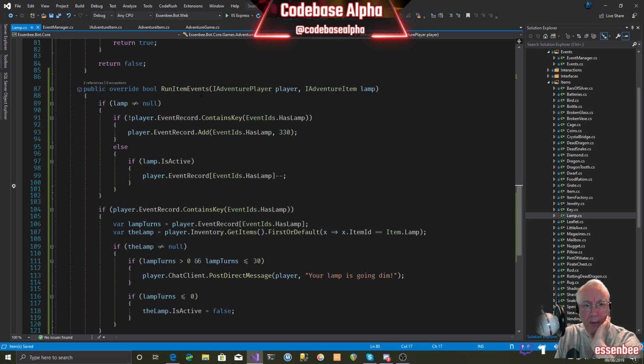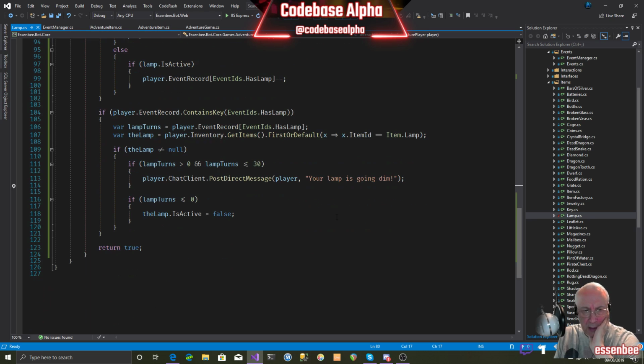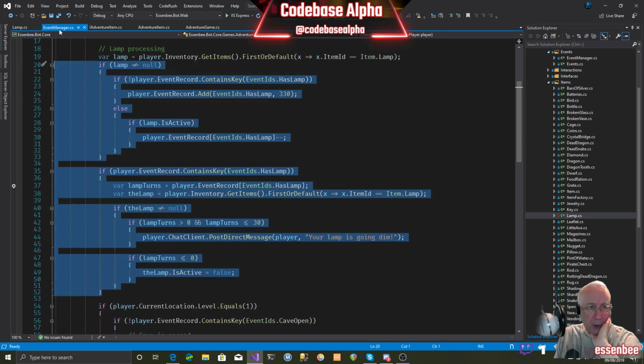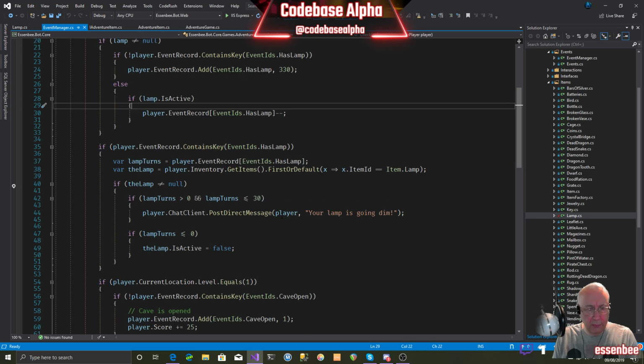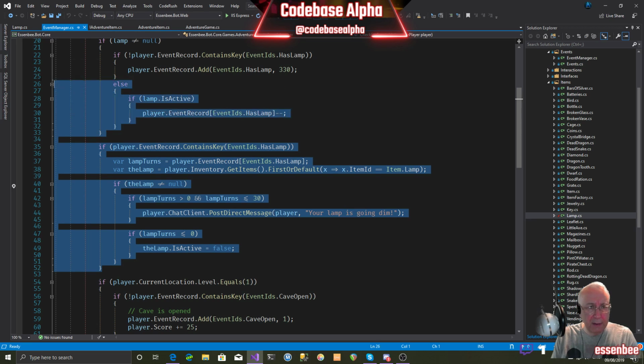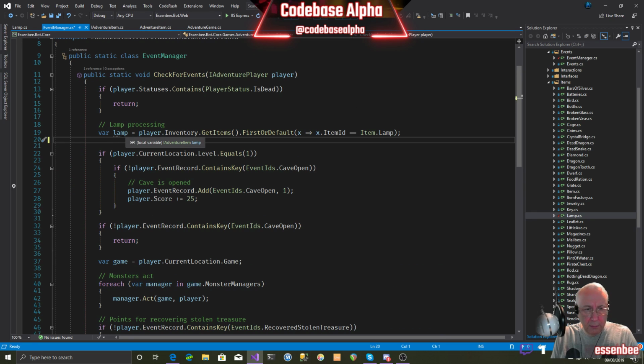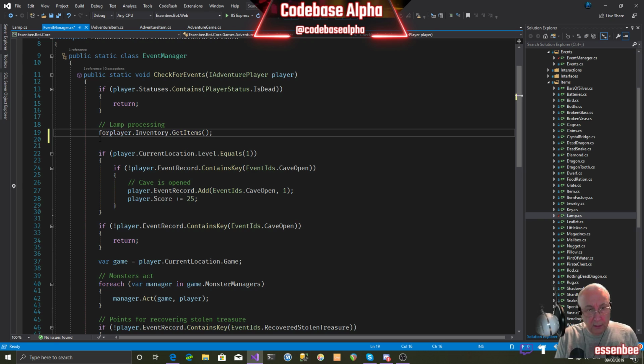So what it's going to do when we run item events, we pass in the item itself that we're interested in. It's going to go through all this stuff, and it's going to document the has lamp and it's returned true. So that should now be a case of, rather than doing any of that, we can throw all that away. And what we can say is we can get items like this, and we can say for each carried item